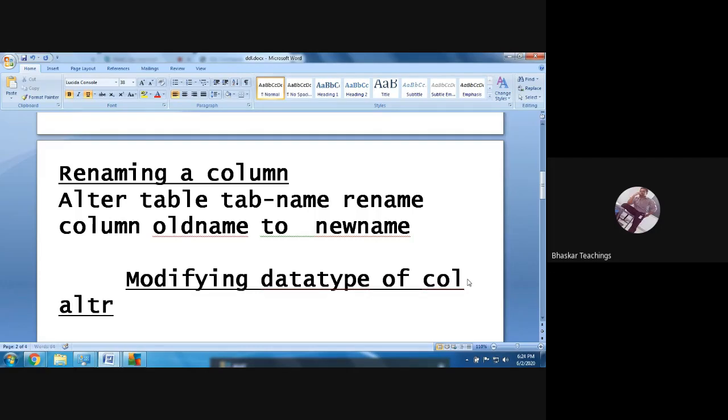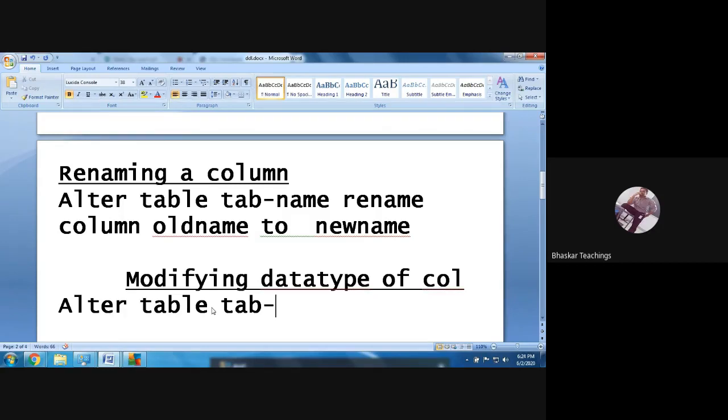Alter table table name. For all the commands, the beginning line is the same. Guess what the keyword is going to be? While adding, the keyword was add.